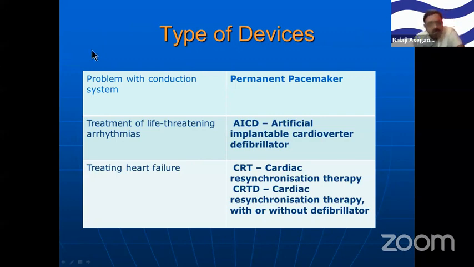Whenever there is a problem with the conduction system only, we use a permanent pacemaker. In India, 90% of the times, whatever pacemaker we get, these are permanent pacemakers. In less than 10% of the time, for certain advanced features of the pacemaker, like treating a life-threatening arrhythmia, what we call an implantable cardioverter defibrillator, that can be